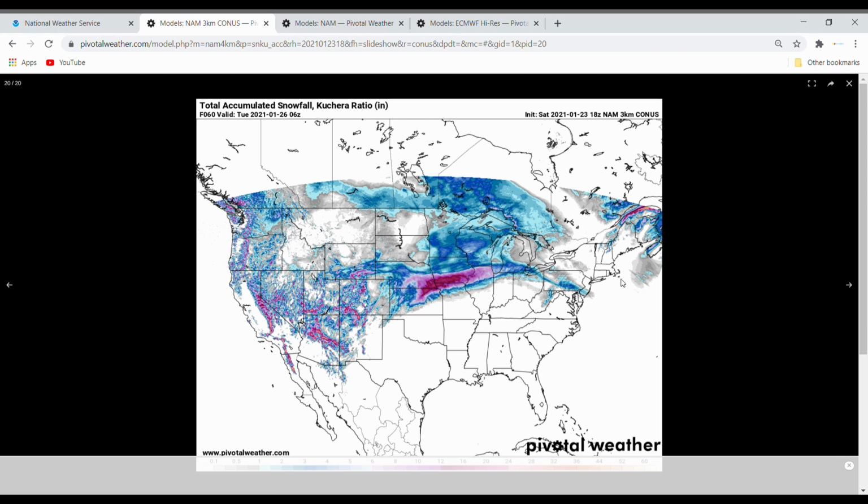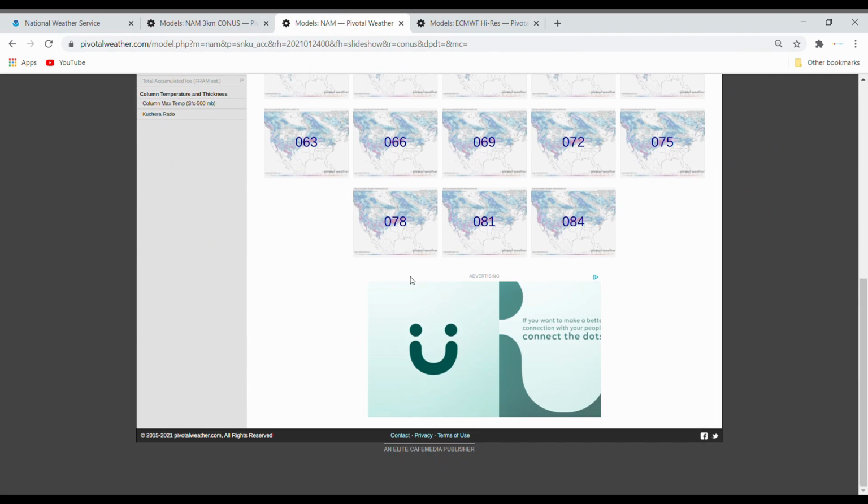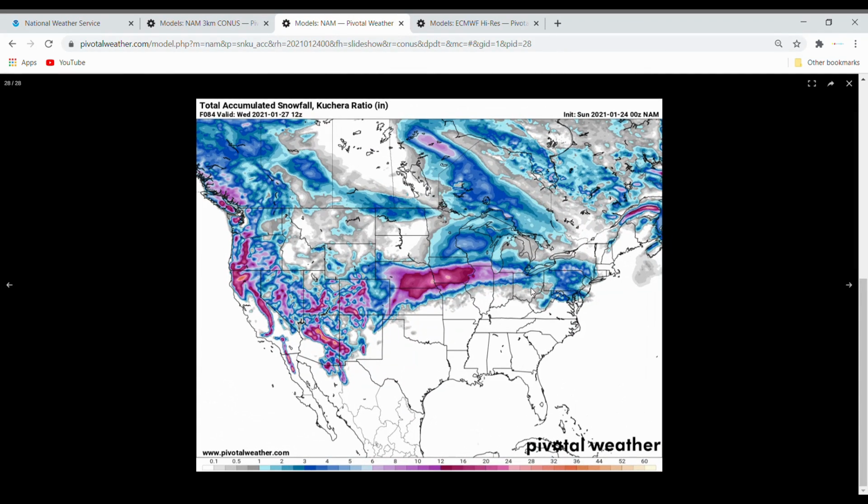This is before the back half of the system and the eastern part of the system, the front end, gets through. Now, the NAM 12-kilometer model here has even more, possibly 24 inches plus in areas such as Iowa, Nebraska, Kansas.